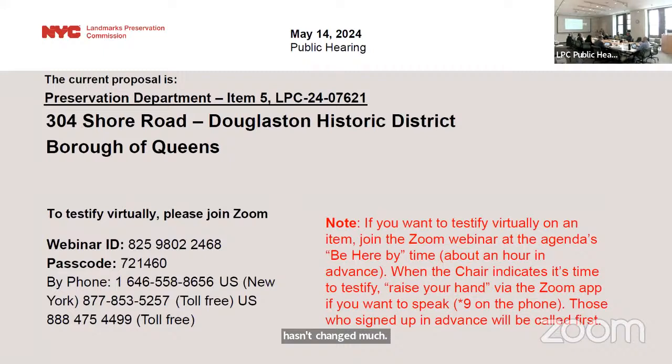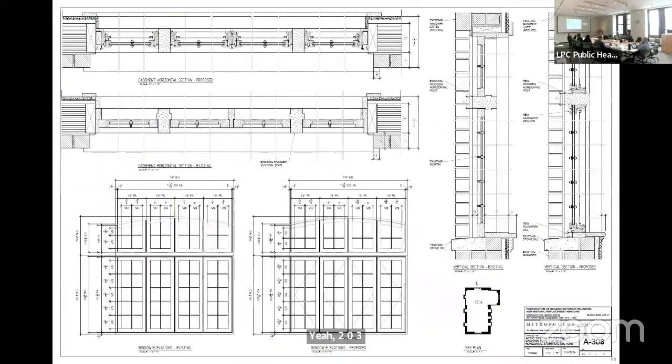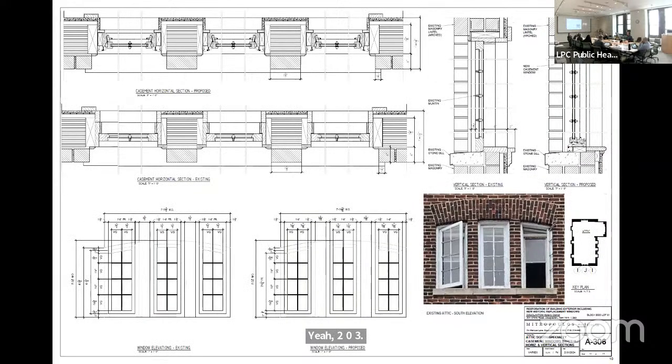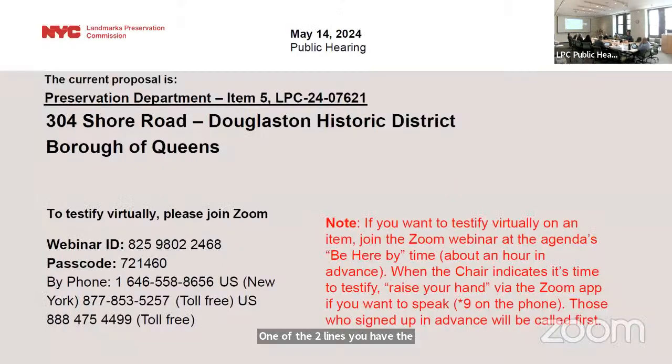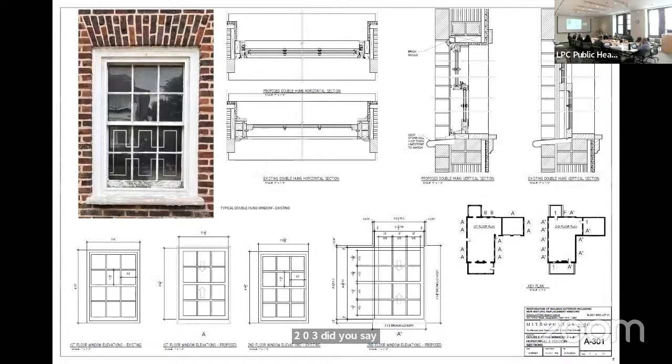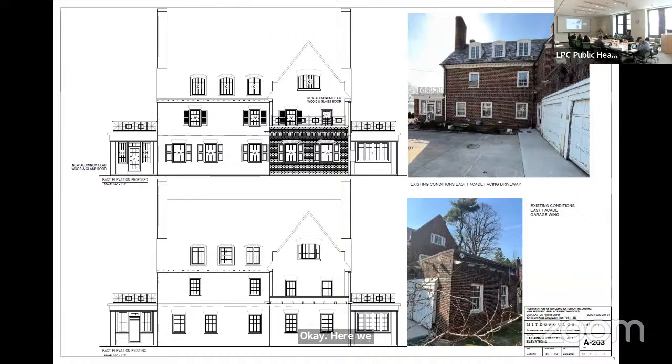Do we have any questions? Yes, Commissioner Jefferson. A-203. One of the drawings, you have the brick drawn. 203, did you say? A203. Go back, there we go. So, you see, you have the brick drawn in detail. Are they adding bricks, or is that just...